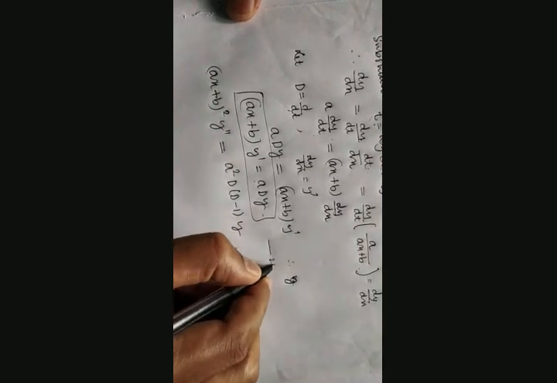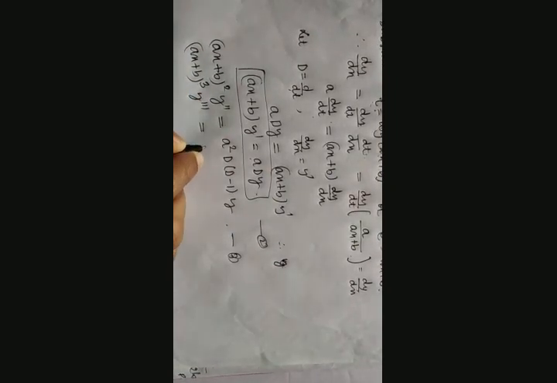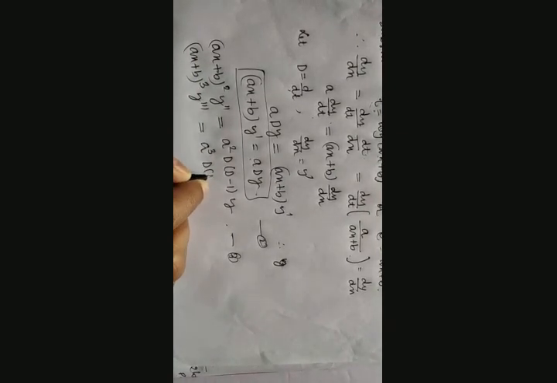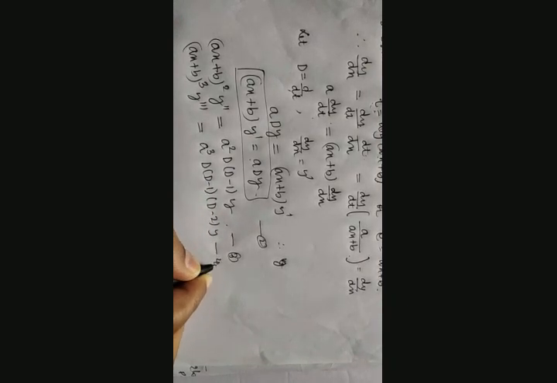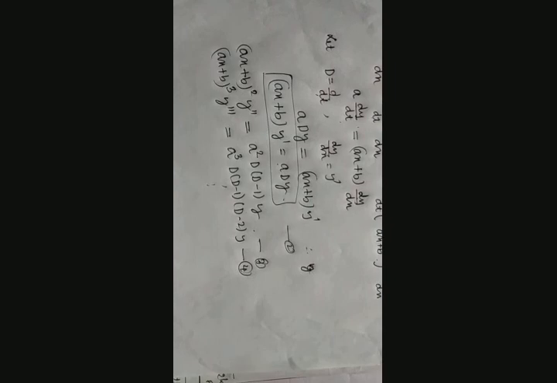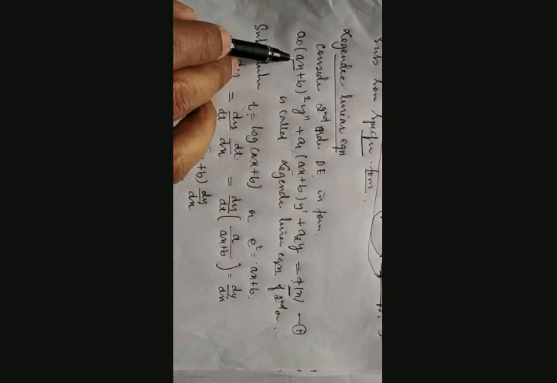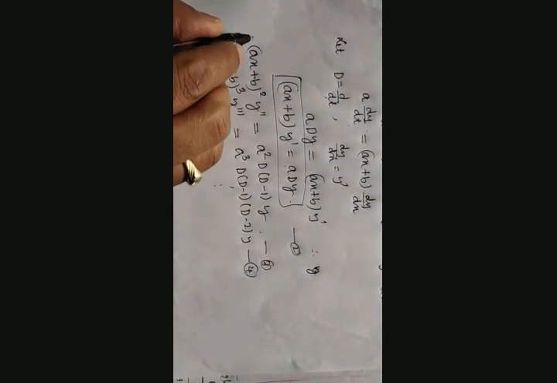I call it equation number 3. Then if you continue further, it will be (ax+b)^3 y''' = a^3 D(D-1)(D-2) y, equation number 4. So like that we can continue. But as per equation number 1, what do we need? We need (ax+b)^2 y'', that is there. We need (ax+b) y', that is sufficient because it is a second order. It means this and this substitution is sufficient.